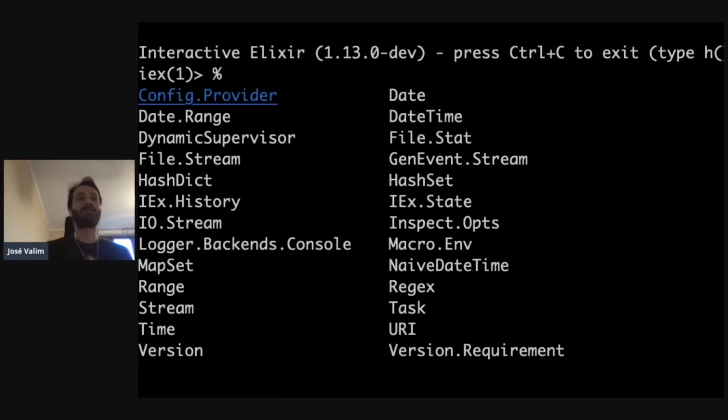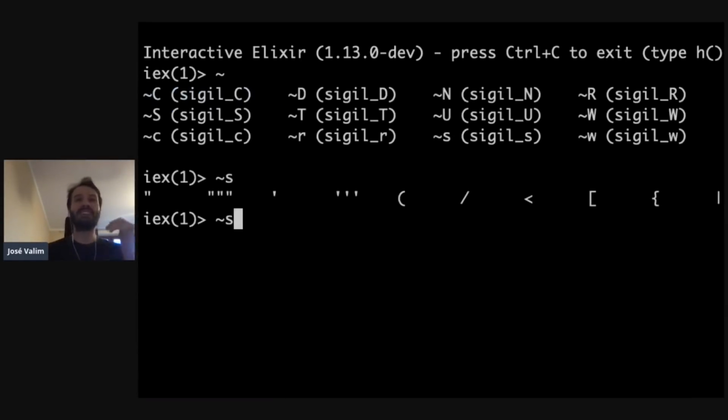So now, for example, in Elixir 1.13, we have struct auto-completion in IEx. So if you type the percentage sign and you hit tab, it's going to list all the structs that are available. We also get sigil auto-completion, right? So if you type tilde and then you hit tab, it's going to list all the sigils available for you. And then after you put the sigil letter, you can hit tab again, and we are going to show exactly how you can start that sigil. So again, those are very small features, but as we add all those conveniences together, I think it really helps